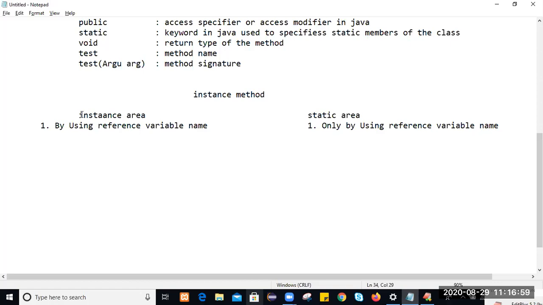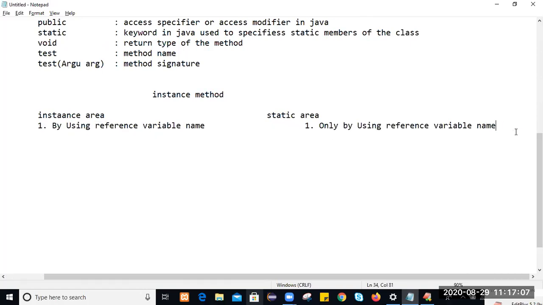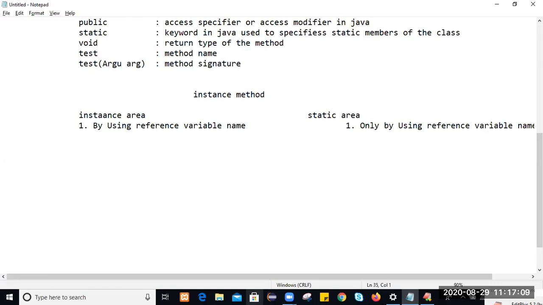But in the instance area, we can call by using the reference variable name, or the other way: we can call directly with the method name.